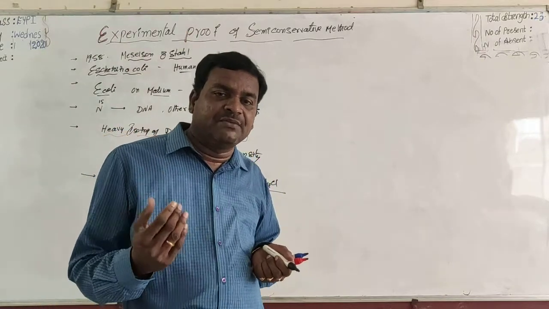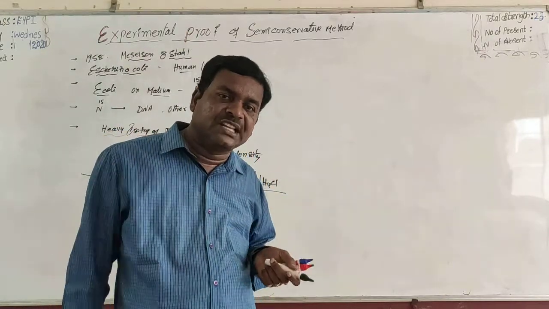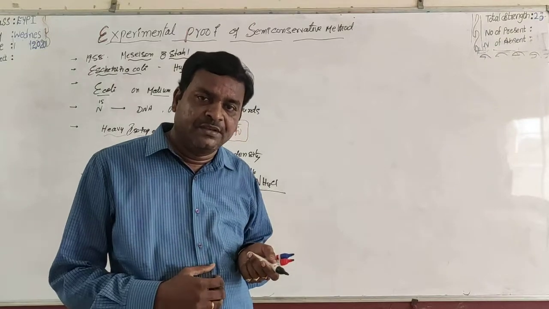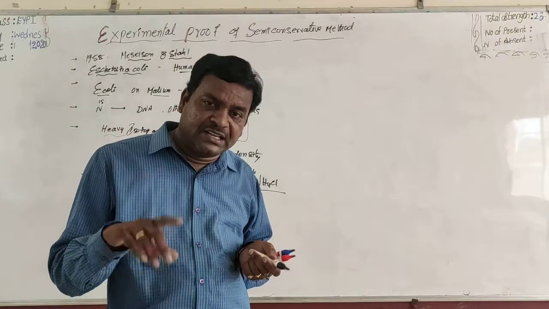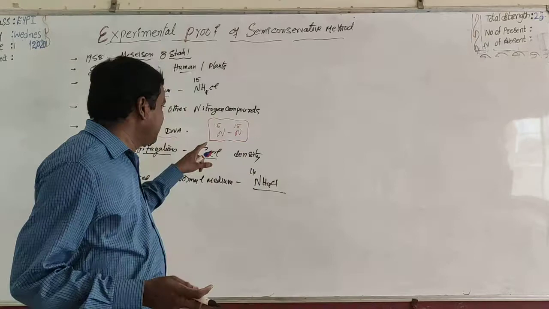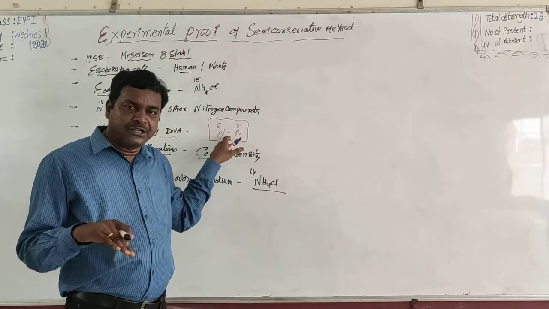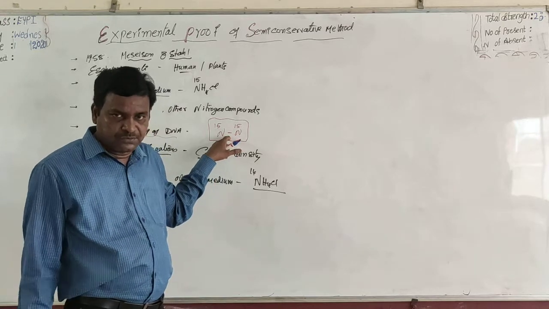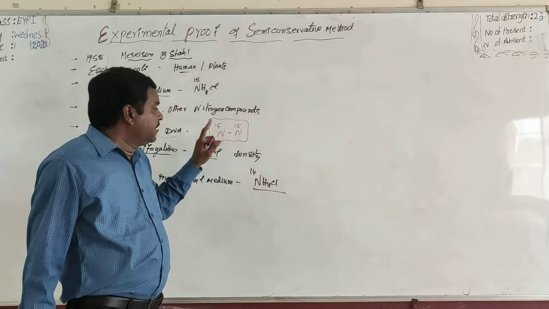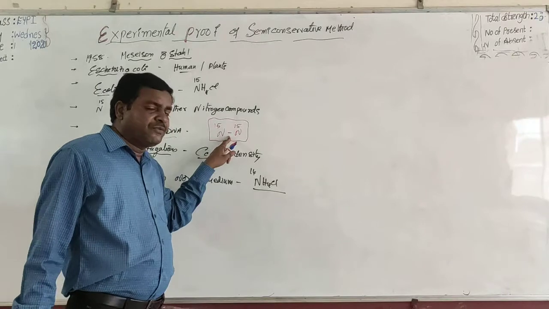Bacteria divide by binary fission once every 20 minutes. The generation time is 20 minutes. In each binary fission, the DNA, heavy DNA, is also multiplied into 2 DNA molecules. Okay? In this replication of DNA,